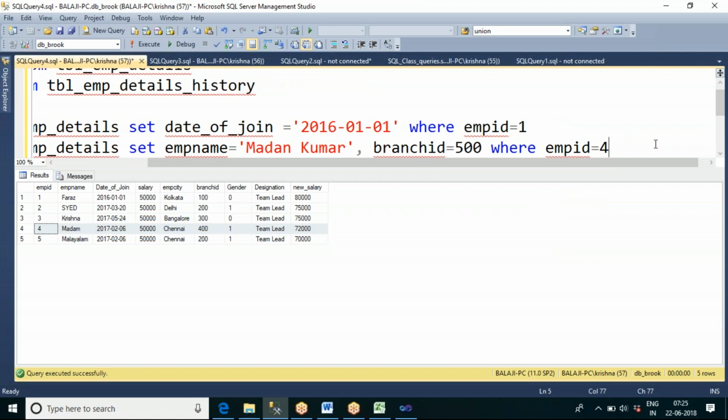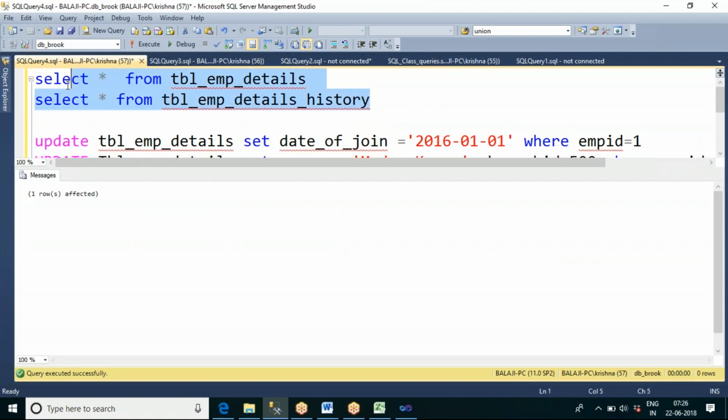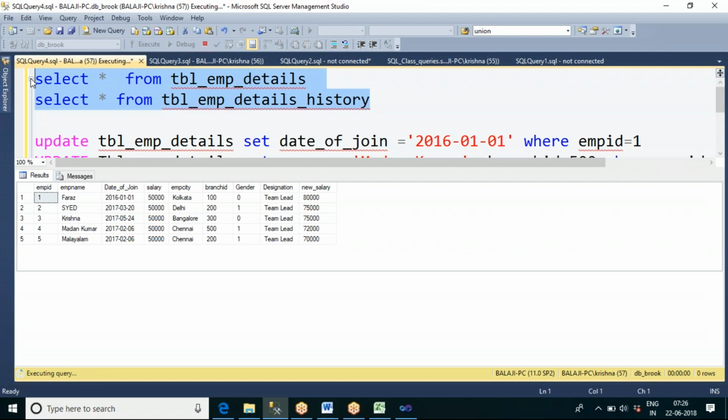So for employee 4, I'm updating the employee name and branch ID. Now it should take that change.